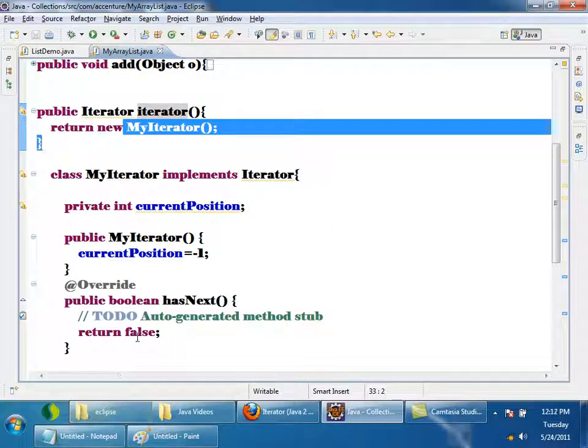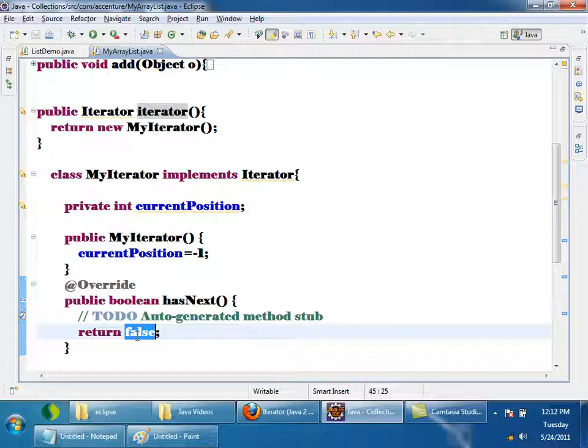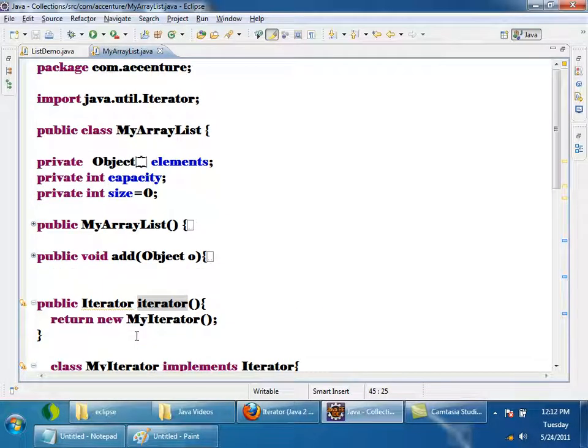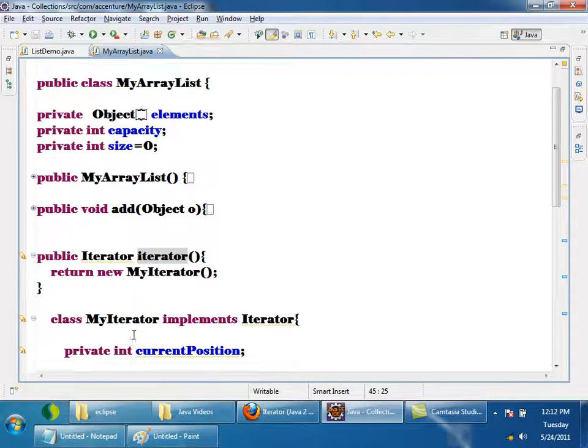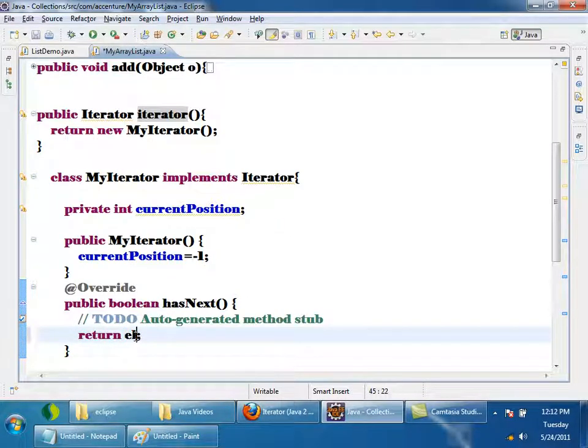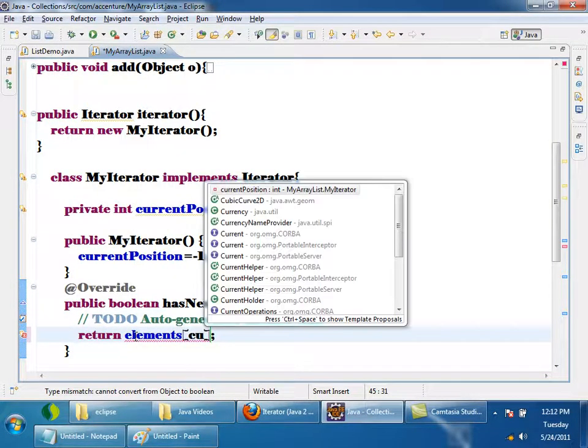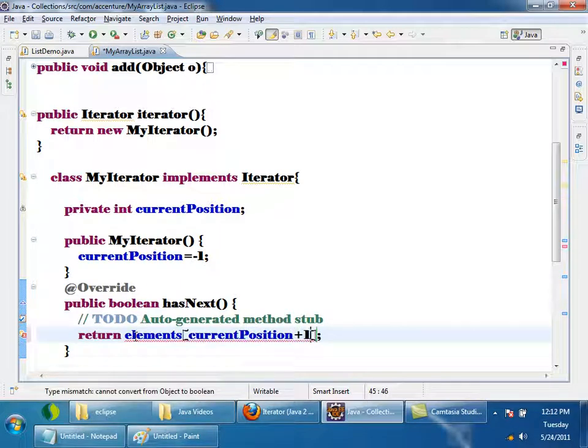Now what hasNext will do is check whether the next element is there or not, right? Whenever I add an element to the ArrayList, the element is added to this array. elements is a variable which is pointing to this array. So in the hasNext method I need to check elements of currentPosition + 1. hasNext will check whether the next element is there or not. Initially it is pointing to the -1 location.